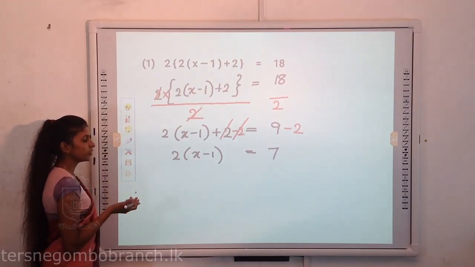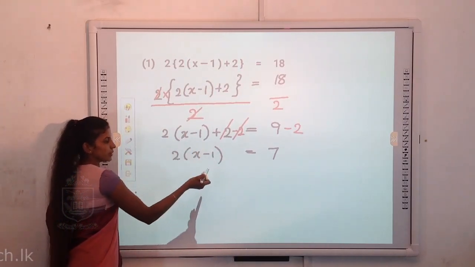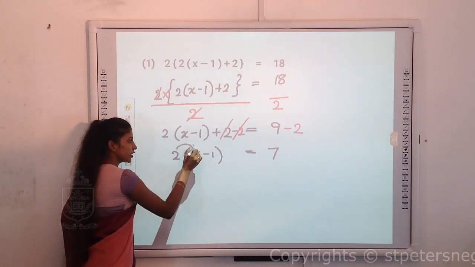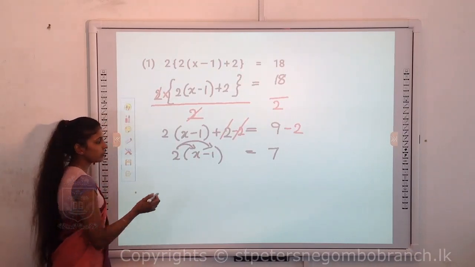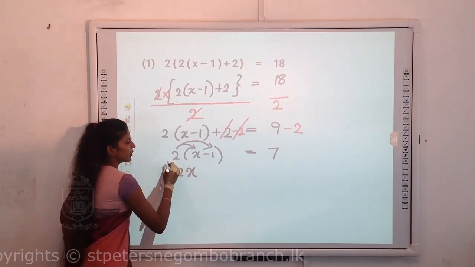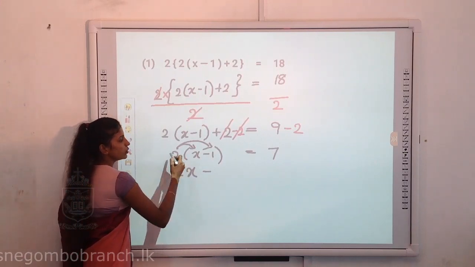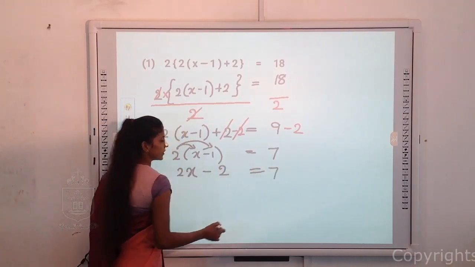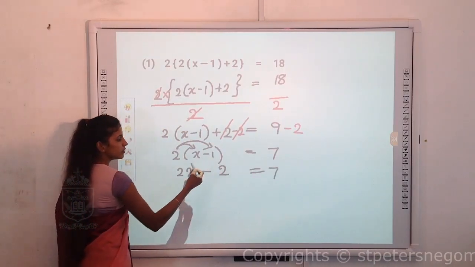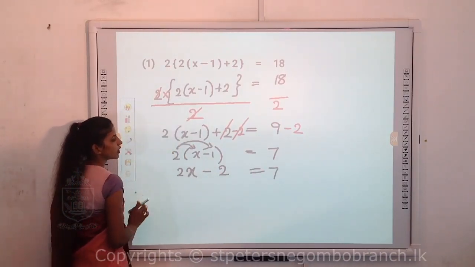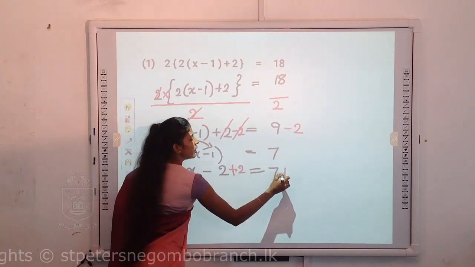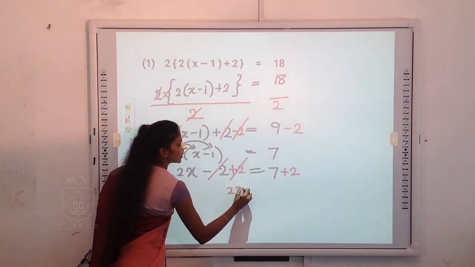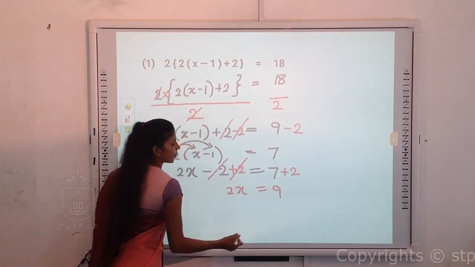Next, you all can remove the bracket by multiplying, or else you all can divide by 2. If you have to remove the bracket, you all can do it like this. 2 into x, 2x, plus into minus, minus, 2 times 1, 2. And here you have 7. So our next step is to cancel minus 2. In cancelling minus 2, you all can do the opposite, that is plus 2. Plus 2 on both sides. 2 cancels. What is remaining is 2x plus 9.